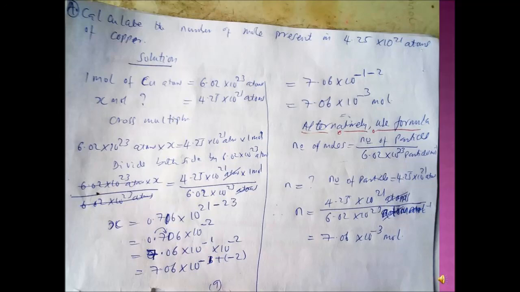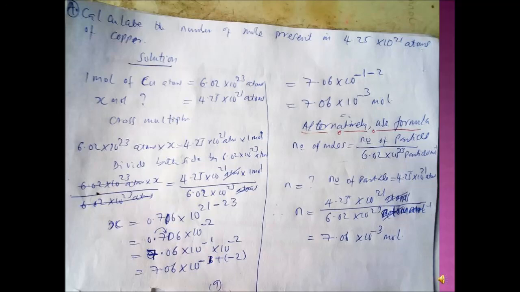Then the next thing to do is to divide both sides by 6.02 times 10 to the power 23 atoms, because you want to get rid of this, since you want to calculate for x. Is that clear? So by the time you divide both sides by 6.02 times 10 to the power 23, what do you get? We're going to get 4.25 times 10 to the power 21 times 1 mole. Atoms will cancel atoms. So by the time you divide 4.25 by 6.02, you get 0.706 times